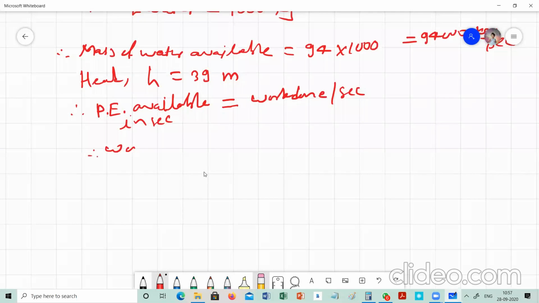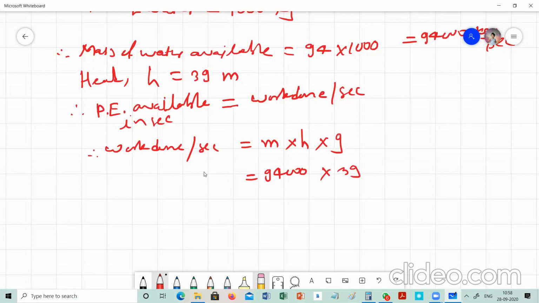Therefore work done per second is equal to mass of that water into head into acceleration due to gravity, g. Mass is 94,000 per second, into height, that is head, 39 meter, into acceleration due to gravity 9.81, which is equal to